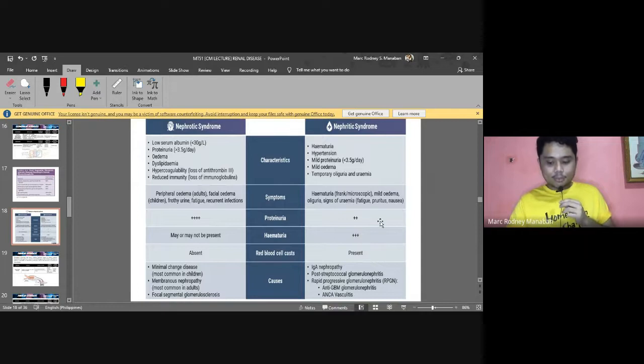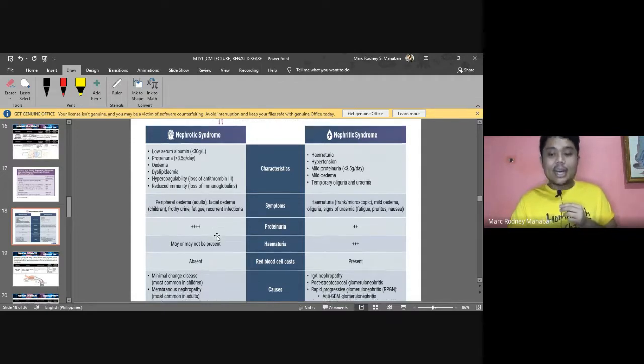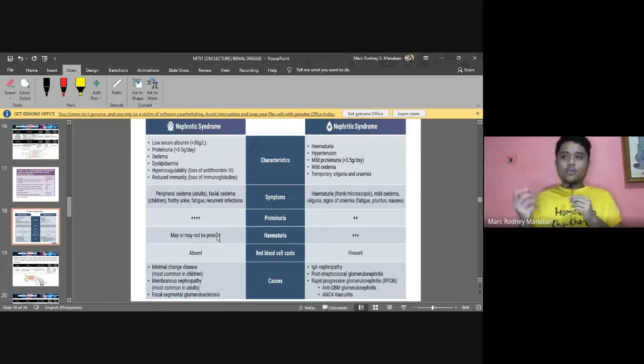As you can see, nephritic is positive due to hematuria and RBC casts. And as you can see, proteinuria is common in both, but massive proteinuria is found in nephrotic syndrome. So that's the difference. For nephrotic, it's really talking more about the disruption of the charges, okay? But for nephritic, it's really the cells or the glomerulus itself that is damaged, in terms of the cellular endothelium, that leads to bleeding, all right, hematuria, all right, and even proteinuria.